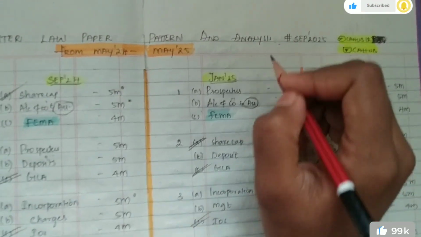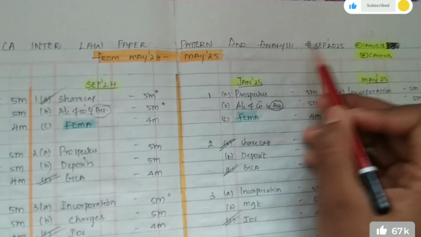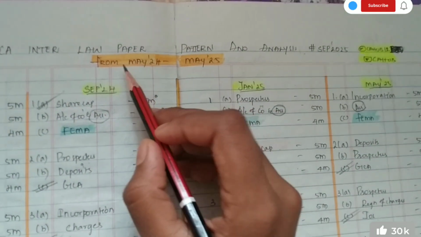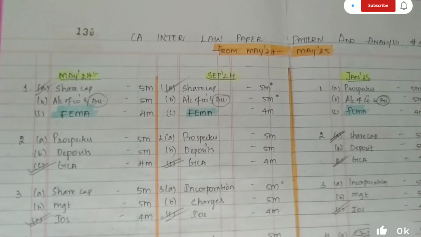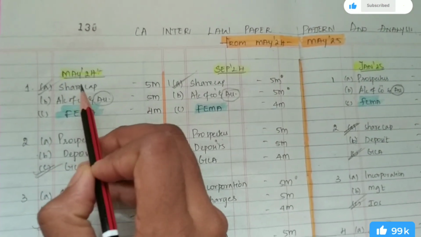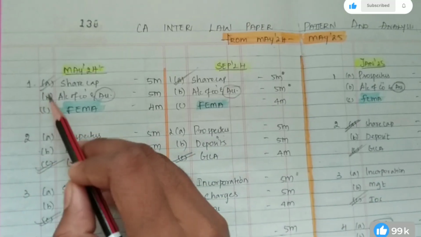And now let's see the video about CA Inter Law paper pattern and analysis for the September 25 attempt, from the May 24 attempt to the May 25 attempt. Now let's see the May 24 attempt. In the May 24 attempt, in the first question, what has been asked is 1A, share capital for 5 marks, 1B,